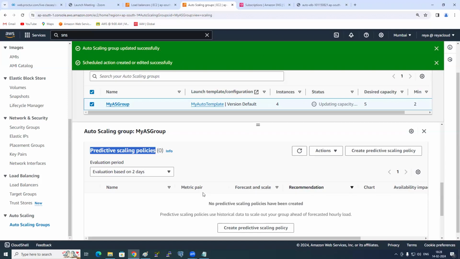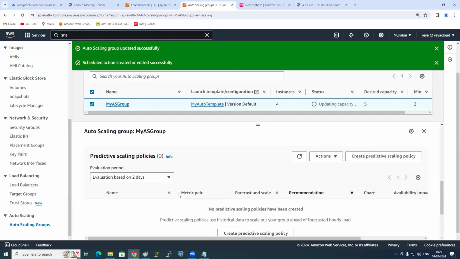So here, based on 2 days, or however many days you want, this auto scaling group will evaluate how many machines are scaling out and scaling in, and based on that, scaling policies will be created automatically. If in real time you don't know how many to scale out, how much desired capacity you need, or how much maximum, you can use predictive scaling policies.